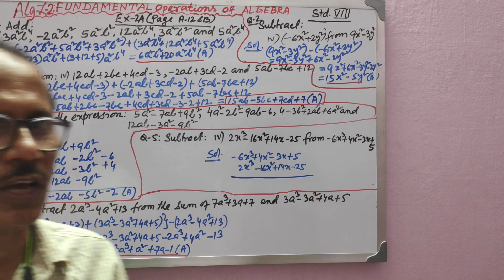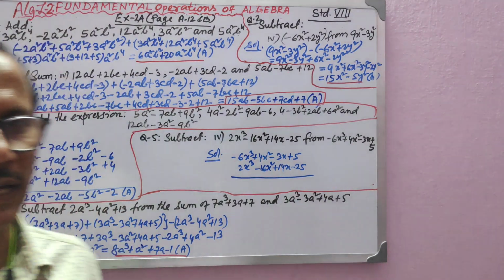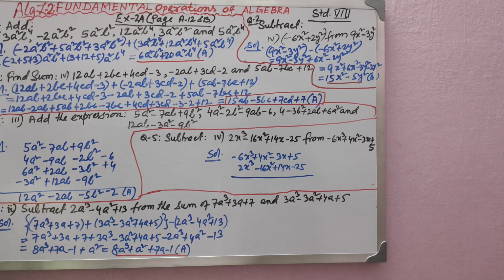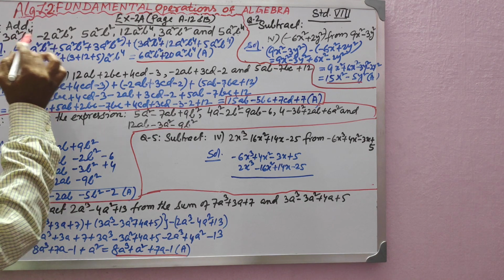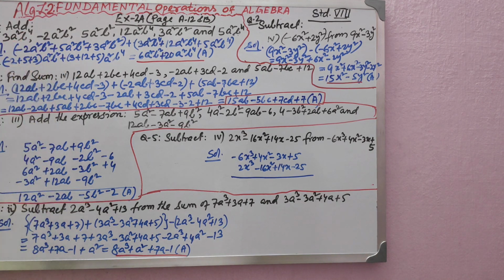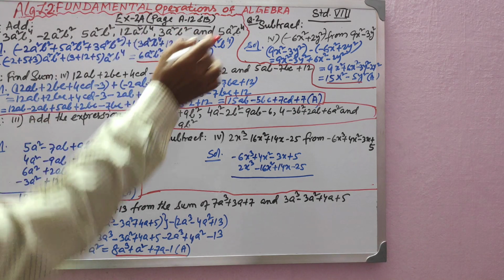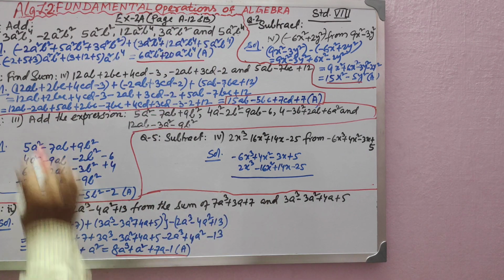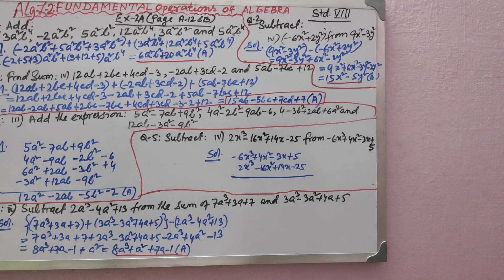I think you haven't forgotten your previous knowledge of adding algebraic expressions. Question number 1 is about monomial terms. This is a monomial expression as 3x square b to the power 4, and then minus 2a square b square, and so on. It is given to you. So all the monomial expressions are given to you. Okay, fine. Let us see.